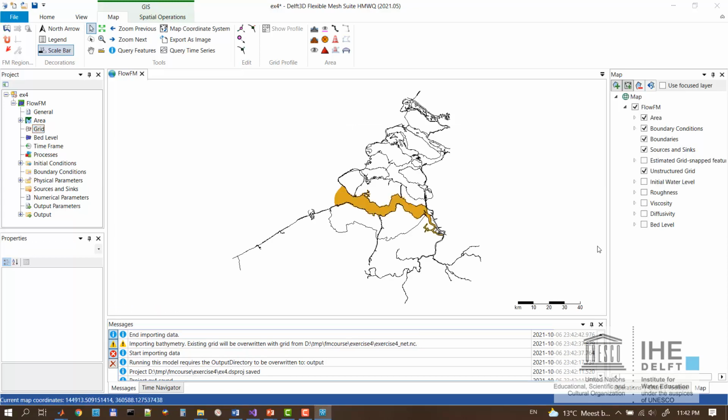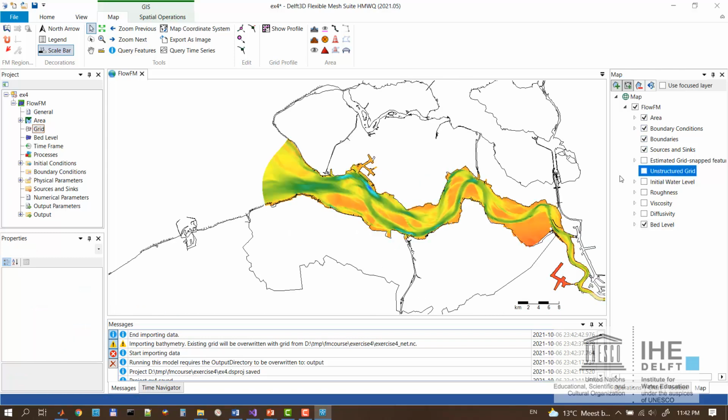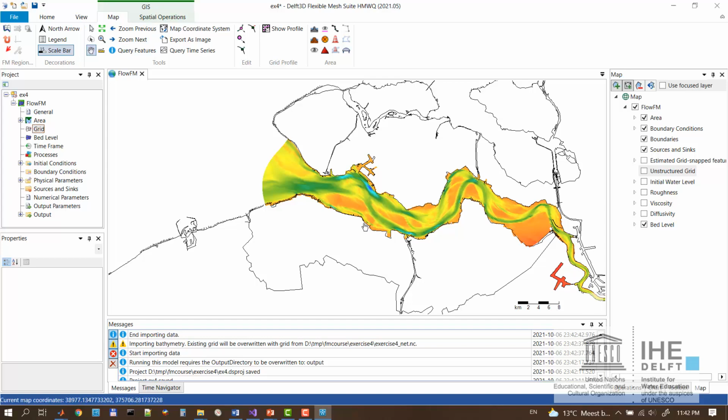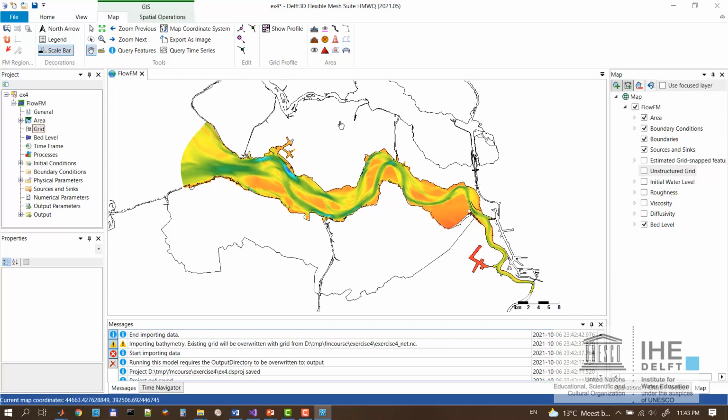There we go. So we can have a look at the bed level, like so. So this is the bed level we had before, except for the fact that the harbor is still dry, but it doesn't really matter for this exercise. So we're going to start with this setup, and we are going to add the boundary conditions as were given in